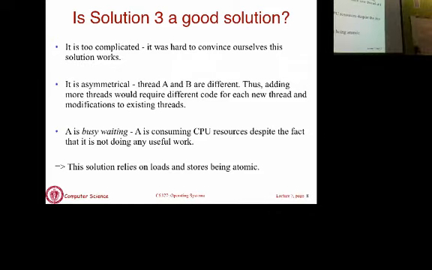Okay? Thread A and thread B are doing the same task, but they actually execute different parts of the code. That code does different things. You don't want that either. Okay? Symmetric code matters when you generalize it beyond 2. 2 is okay, but if you have to do 4, then each of them has slightly different code and it doesn't generalize to n very easily. Okay? So you want something that is better than all of these solutions.